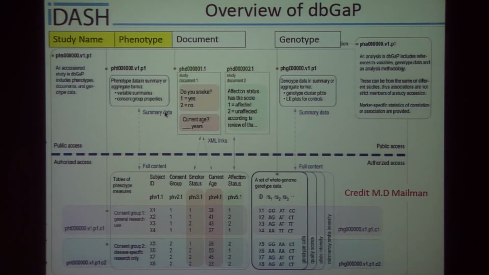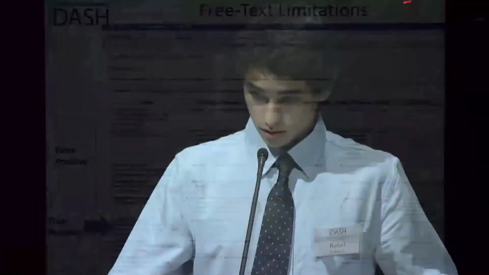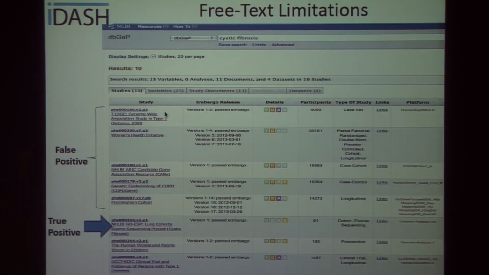I'd first like to begin, though, with what dbGaP is, which is an online repository of over 300 studies which focus on seeking relationships between genotype and phenotype data. And so what our project is responsible for doing is standardizing the study name, its description, and the phenotype-related data. And so what we first sought to do was to determine what kind of limitations the current system has in place.